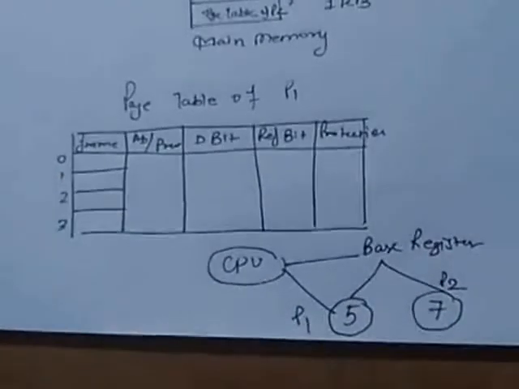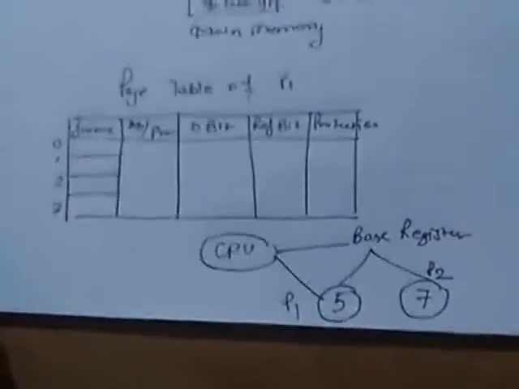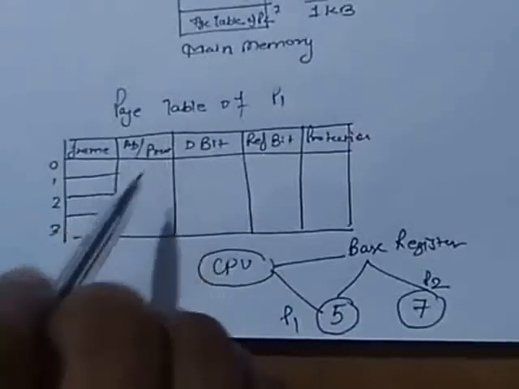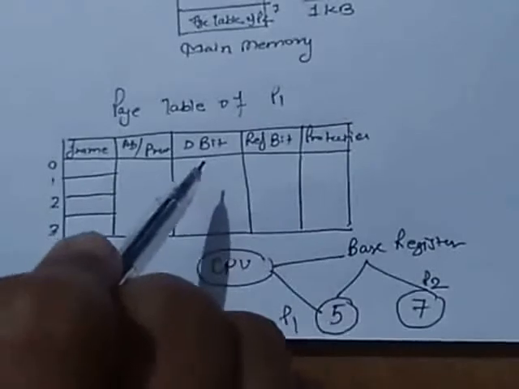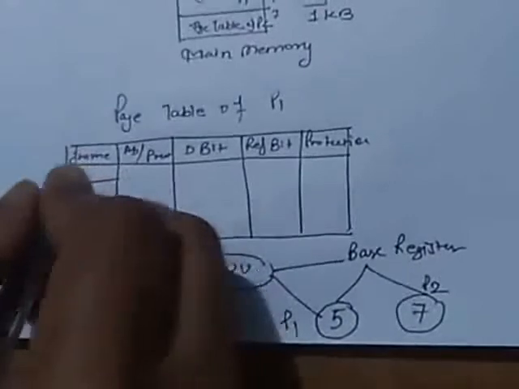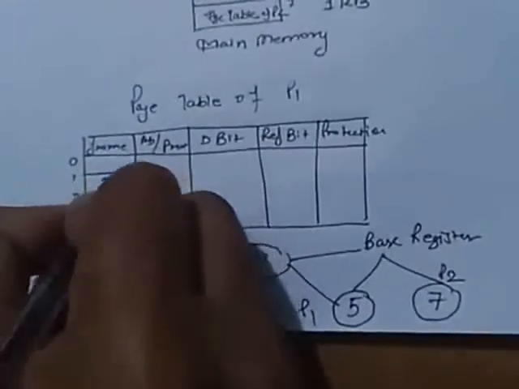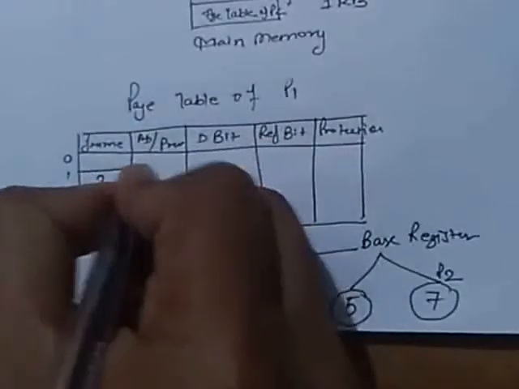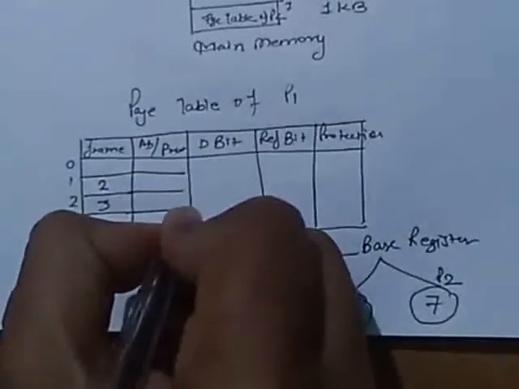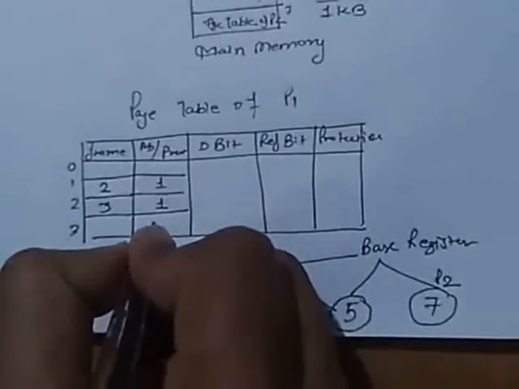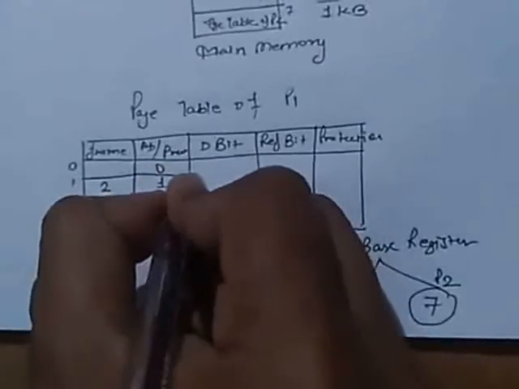Now these page table addresses will be added to the page number of the logical address when it comes to accessing the actual corresponding entry. So here we have 2 and 3, that is frame 2 and frame 3. Here we are representing the condition true or false, that is, we have allocated this one. It means here true will come, here 0 and 0.